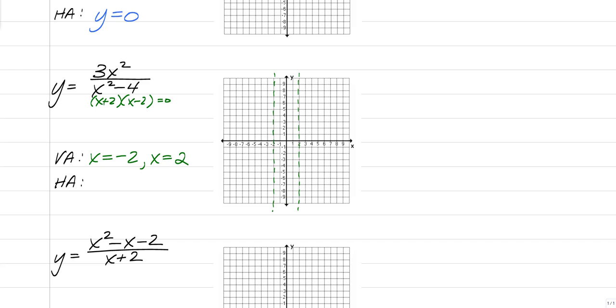Next part, we have our horizontal asymptote. Since we have the same degree, we have 3x squared over x squared, so that would be 3 over 1. So our horizontal asymptote is y equals 3. So we would go sketch a horizontal asymptote right here at y equals 3. Again, type it in the graphing calculator the same way we mentioned last time. Just wrap the numerator in its own parentheses, the denominator in its own parentheses, and you will have an even crazier graph this time,